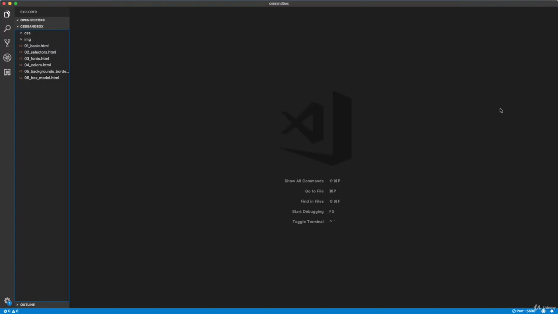Alright guys, in this video we're going to look at aligning elements, we're going to look at aligning text, and we're going to look at auto margin. So let's create a new file here called 07, and I'm just going to call this float underscore